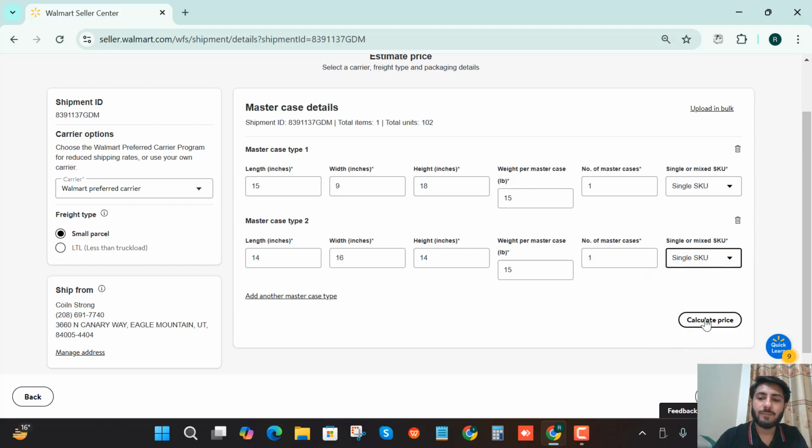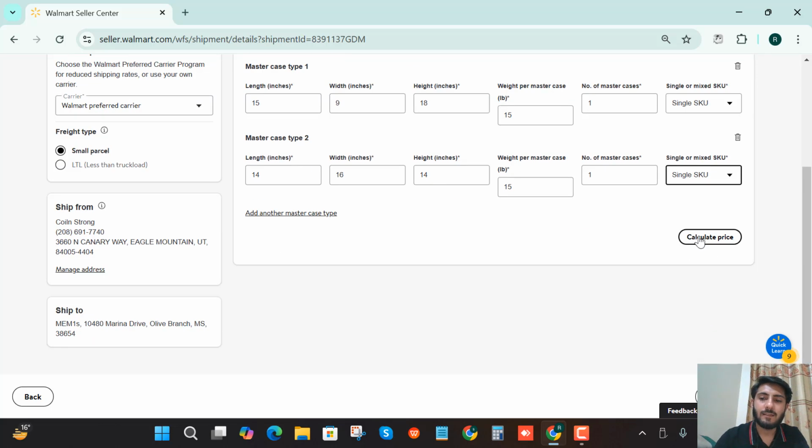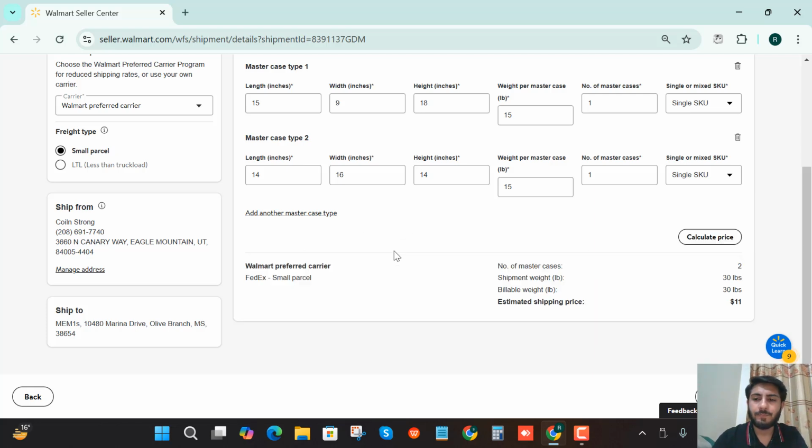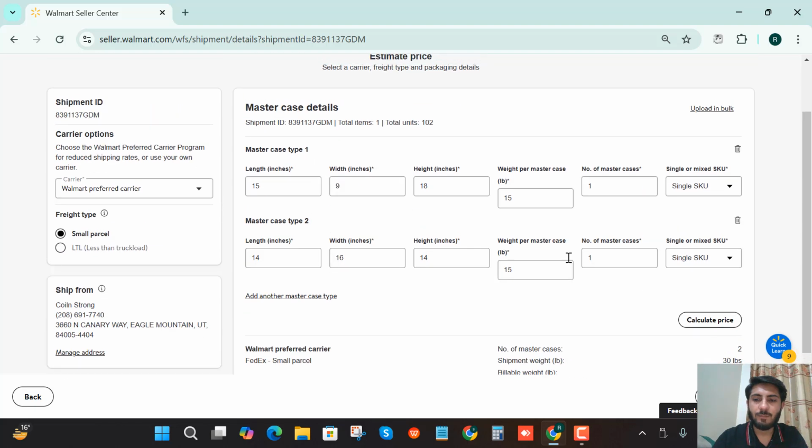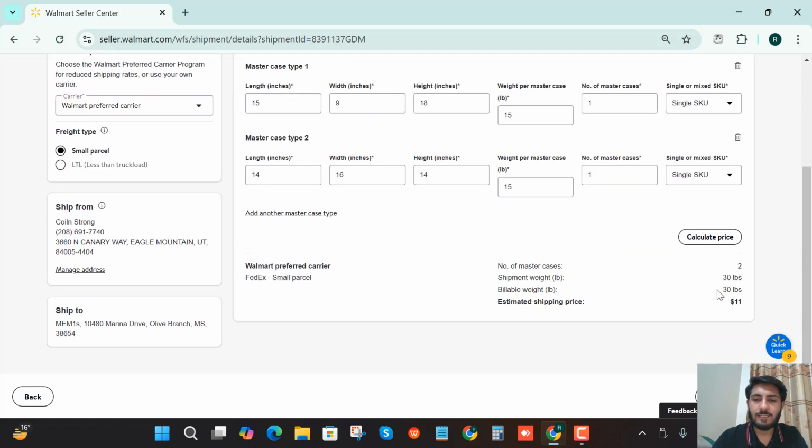And then from here I'll calculate the price. And here for 30 lbs it will charge me $11. As you can see, it will charge me $11 for FedEx small parcel because I have two parcels of 15 lbs, which is over total 30 lbs, and it will charge me $11. Then I will select next,